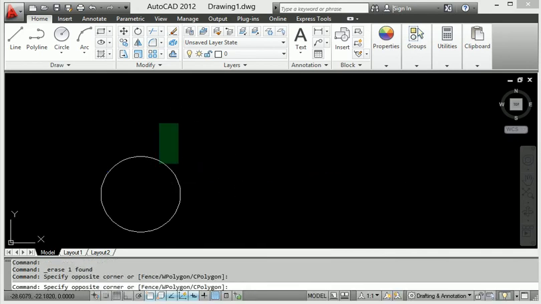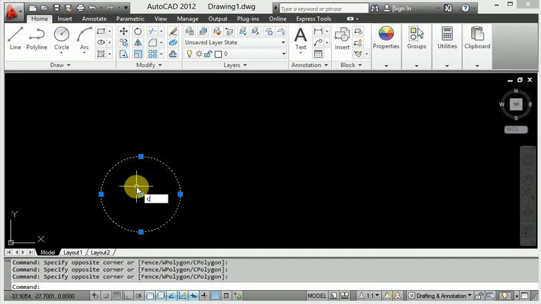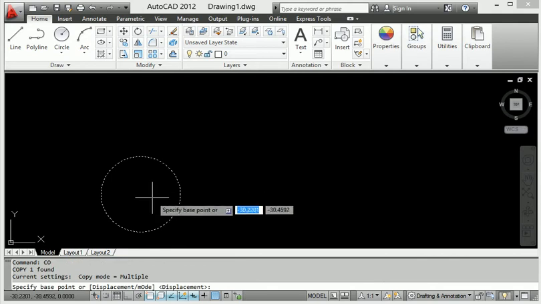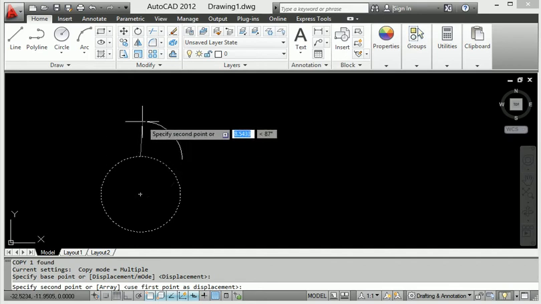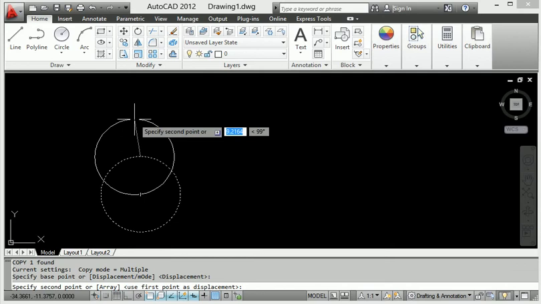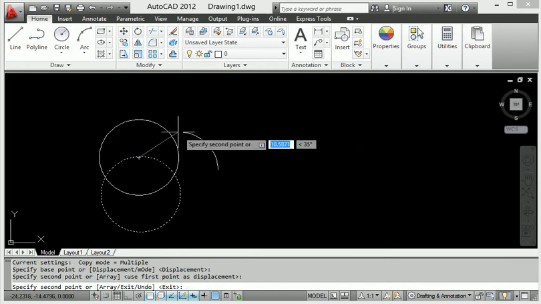If I want to copy, press CO, enter, click any part and join this center here. If I want to join this anywhere, look at this. So this is how to make the different circles.